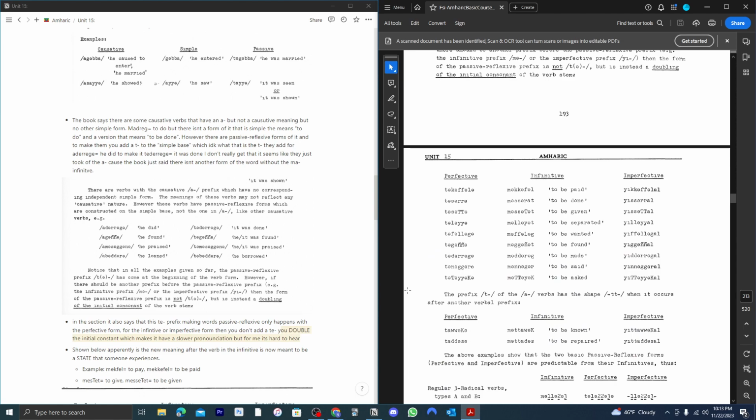Really awful. And then another kind of edge case: these are all verbs that begin with an ME for the prefix, right? So what happens if you have a word that begins with an MA? So mawek is to know, right? What it's saying is if the prefix T of the A verb has the shape TT when it occurs. I don't even really know why it's saying it like this. Basically, mawek will become metawek. It's gonna have a met put in front of the A of the word, and that's how you get to the passive reflexive form, where mawek is to know, metawek is to be known,